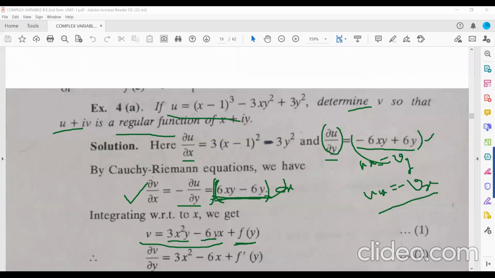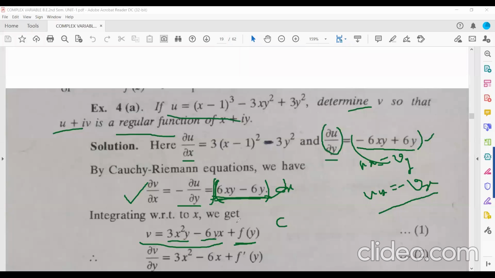X. So while you are integrating this equation with respect to x, you are considering y as what? Constant. You are considering y as what? Constant. So here, while writing some constant, in case of an indefinite integral, you are writing c as a constant of integration.